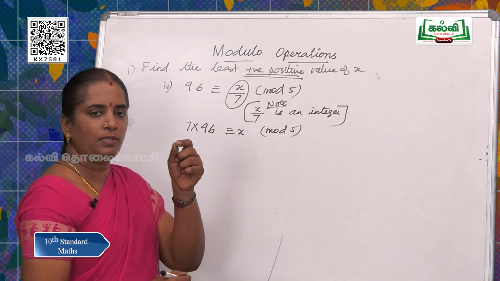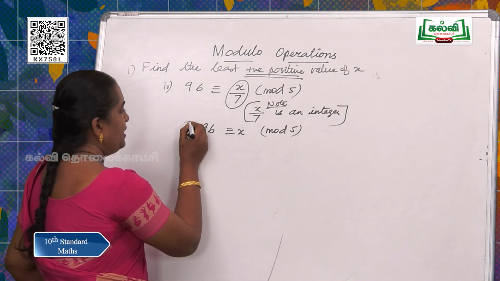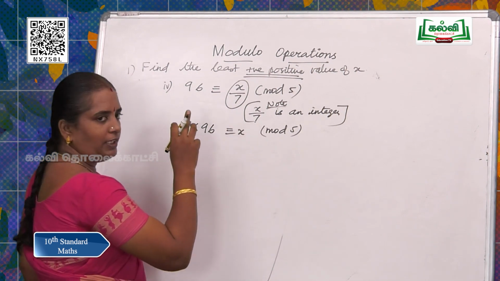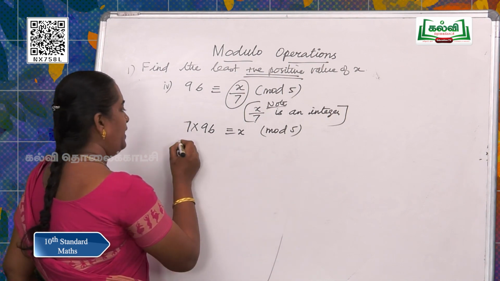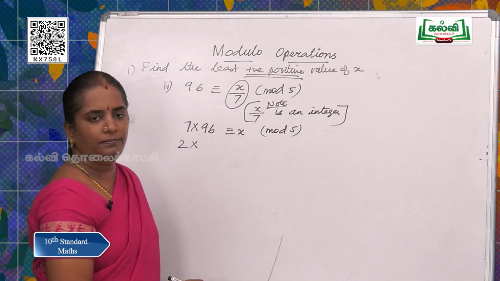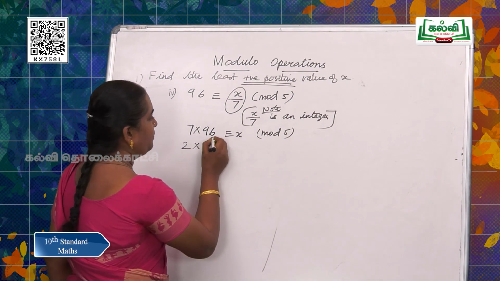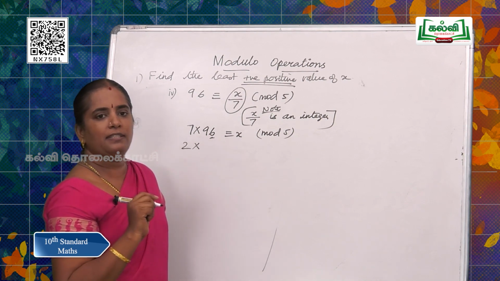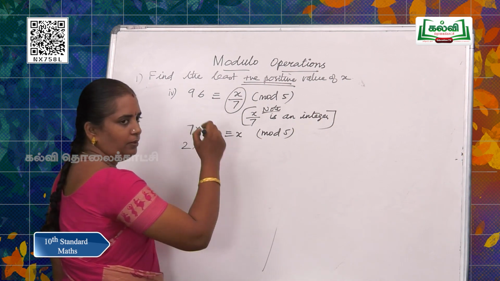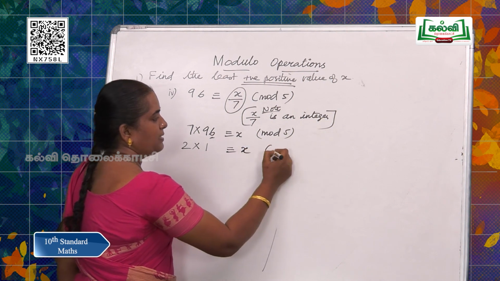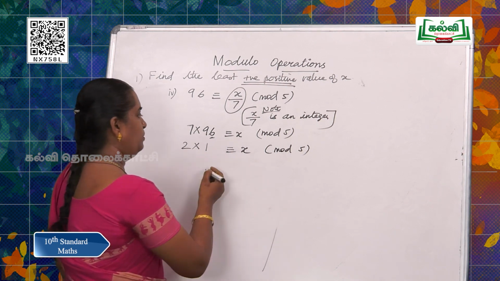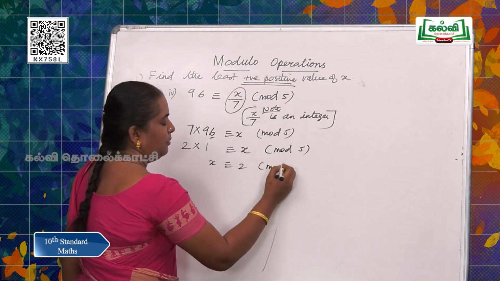Now, let us use our trick, that is, what is 7 congruent to in mod 5? 7 is congruent to which number? Yes, remainder is 2. What is 96 congruent to in the same mod 5? No need to divide by 96. See the unit place. It is 6. So, if you divide 6 by 5, the remainder is 1. So, do like that. Okay. So, it is congruent to x mod 5. Multiply 2 into 1, 2. So, x is congruent to 2 mod 5.